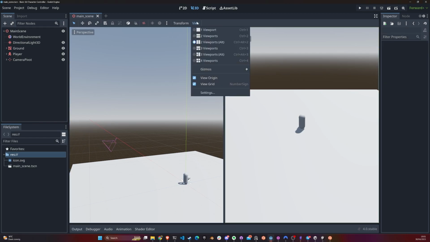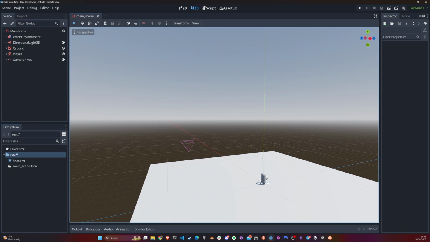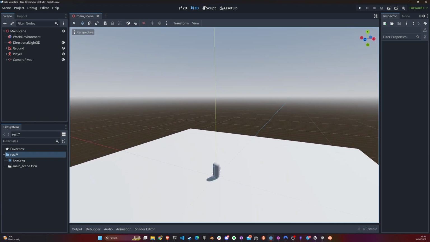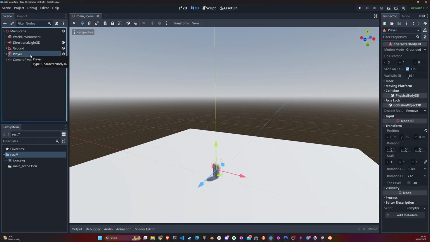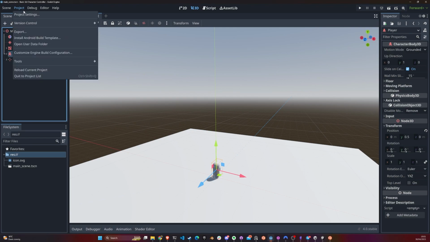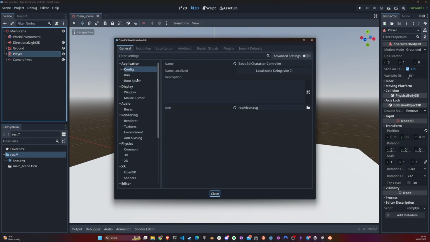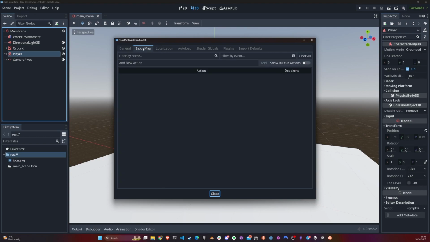our game. So we don't need the 2 viewports anymore, so we can go back here. The final thing is that we're gonna add a script to the player. But before we do that, we're gonna go to project settings and update our input maps, because I don't want to use the default ones that come with the project. So you go to project settings, input map tab, and here we're just gonna add a forward,